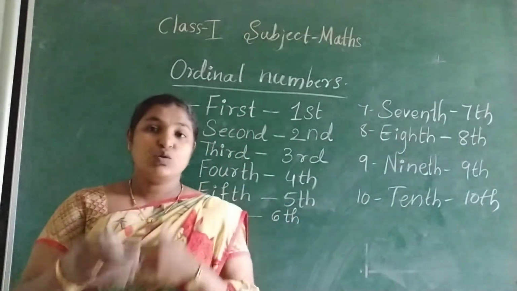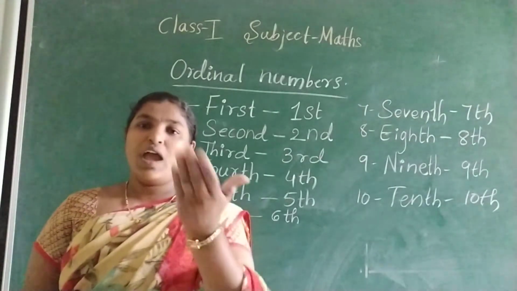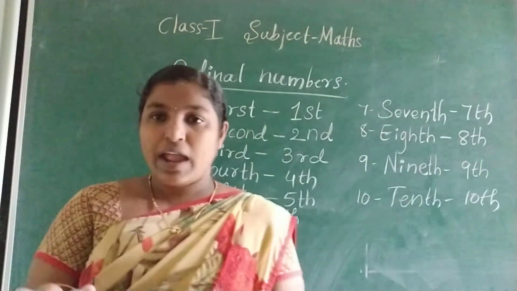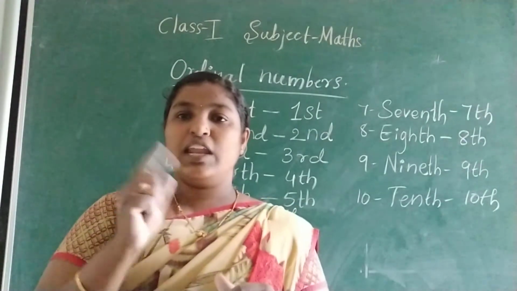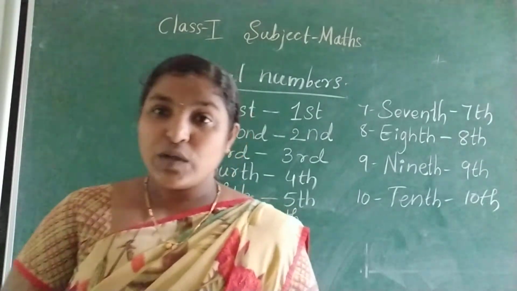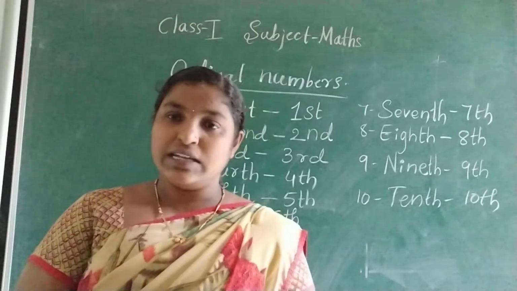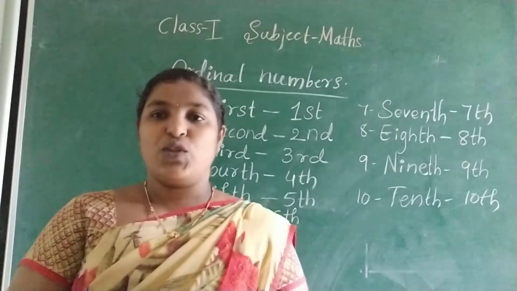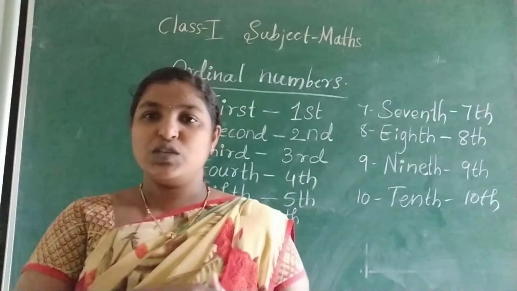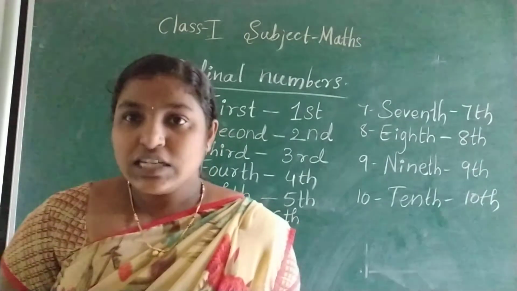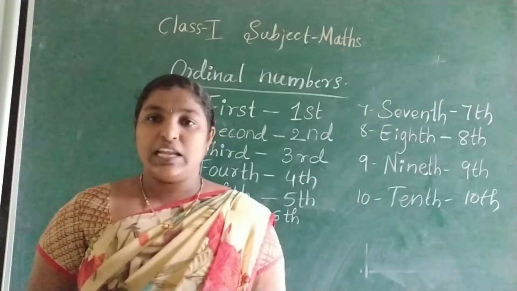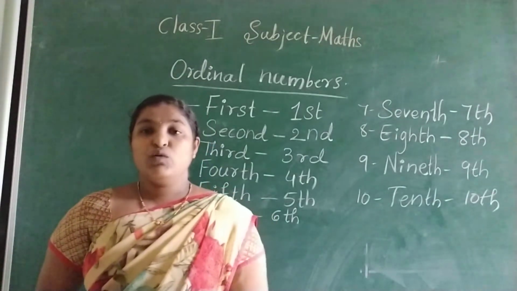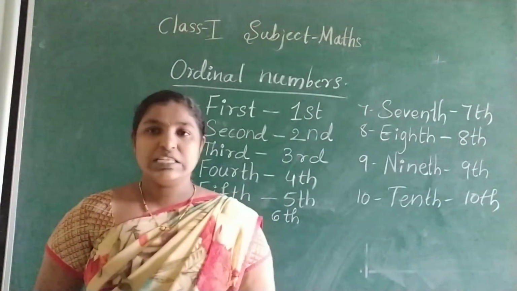So next, whose name do I have to take? You have to decide it. If you learn 2 to 30 tables by heart, definitely I will tell your name in the video class. As well as, when school starts, I'll give you a gift. This is my promise to you all, that in first standard whoever learns 2 to 30 tables by heart, I will give them a gift when school starts.